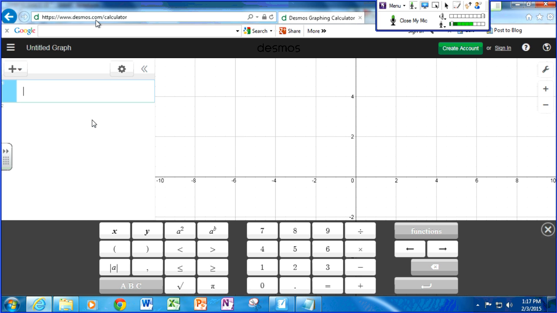So there's a couple of these vertex form calculators. This one has a lot of features to it, so I'll put a couple of them on my Facebook page, so you can play around with this a little bit. What this does is it lets you make a parabola. So y equals, and we'll just go x squared. There you go. So y equals x squared.